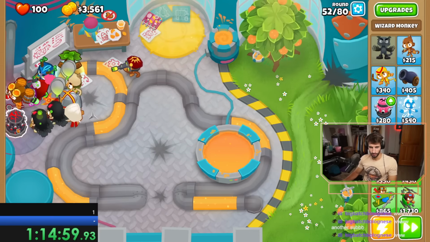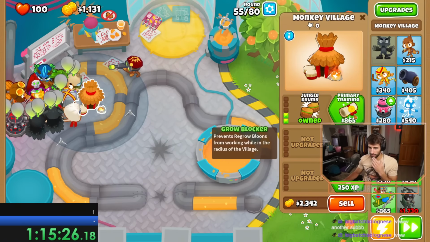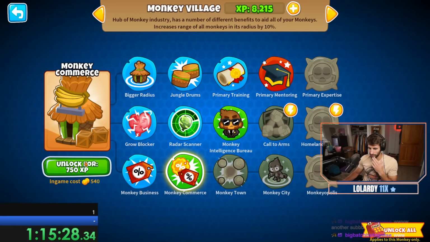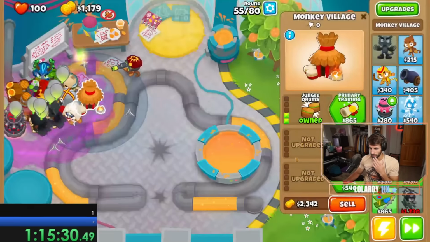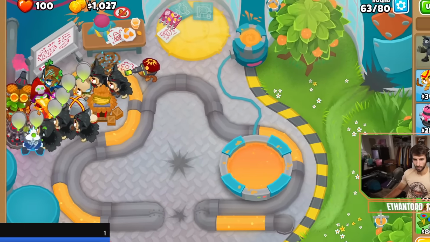a necromancer right next to Oben. This, combined with getting jungle drums, put the Moabs in their place. But now it was time for Pop Plus, and the more we get the better for the most part. This was able to pop the Fortified BFB on round 60 and the Ceramic Rushes of 63, but from here